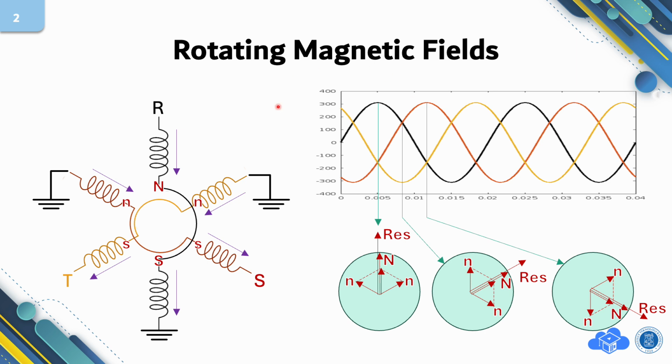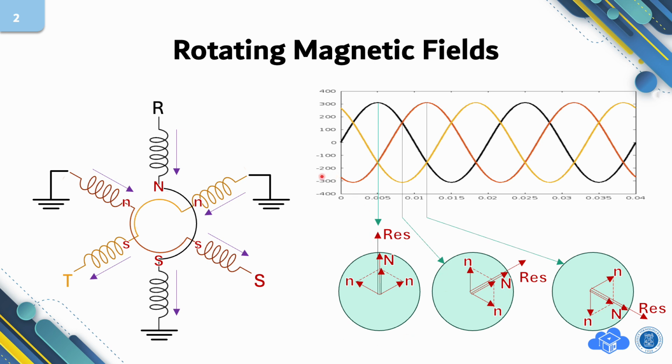Previously, we have discussed how a stator creates rotating magnetic fields. This construction of the stator will create a rotating magnetic field as we connect the stator to a three-phase electrical grid, shown on this figure. And here is the analysis of the vector for each point of time. At this particular point of time, the resultant of the vector is pointing upward, and then the next one is pointing there, and then there. So as time passes by, the magnetic field rotates.